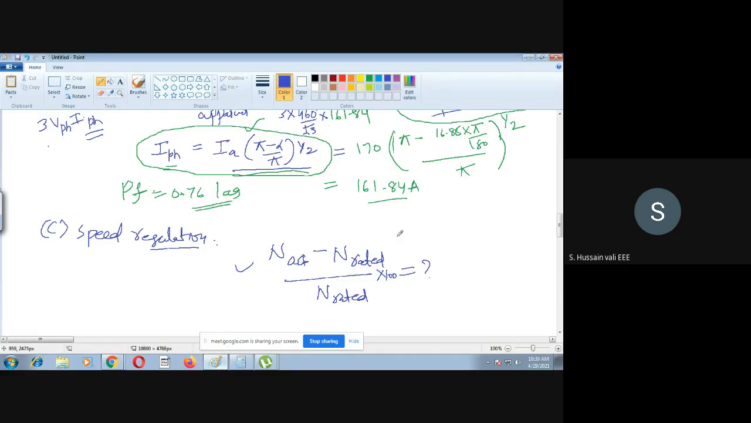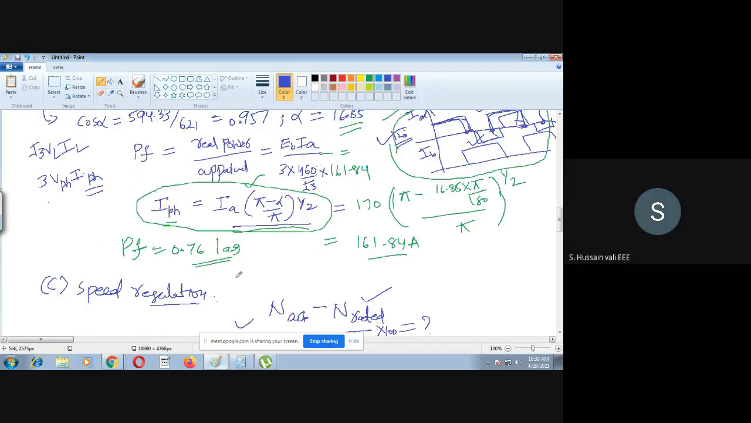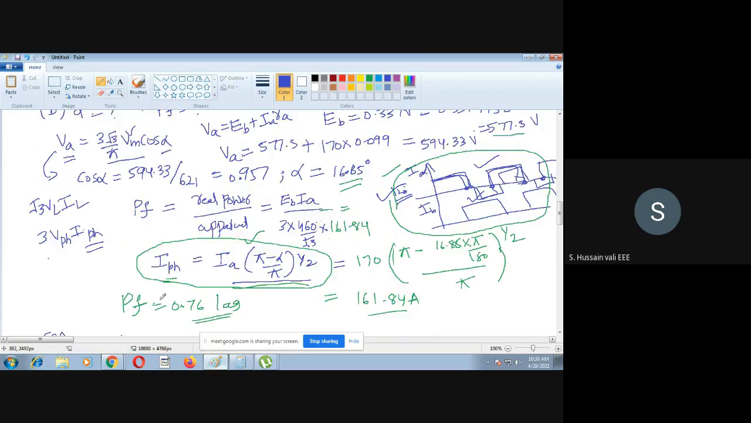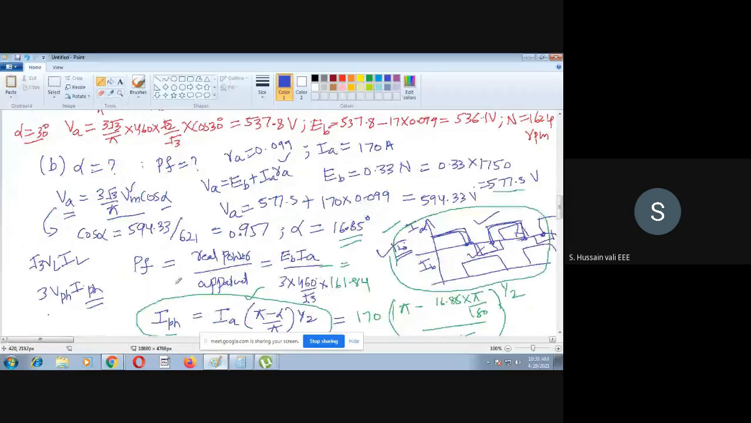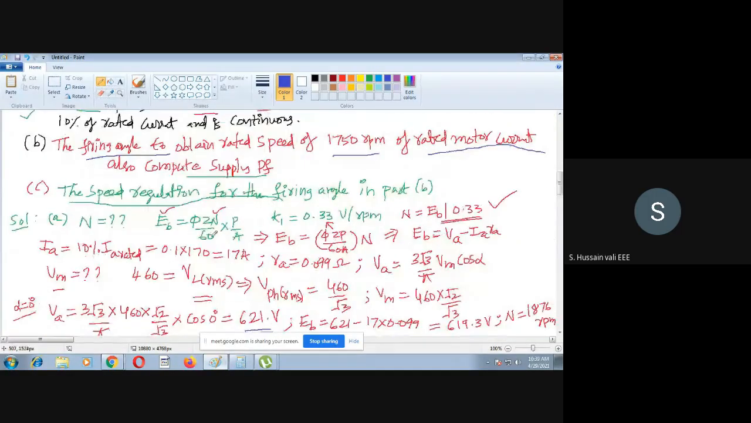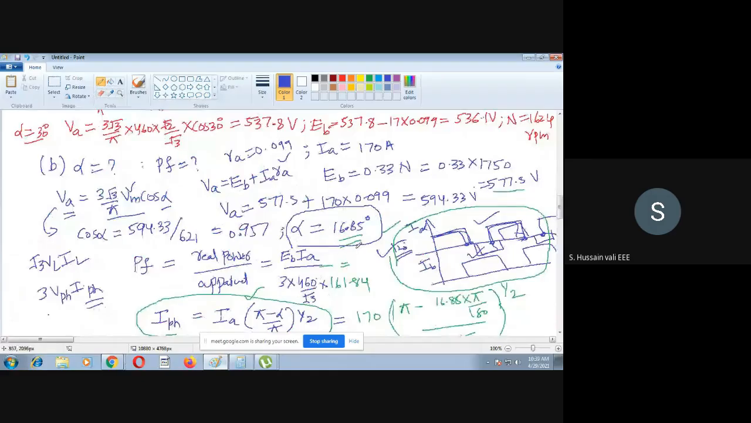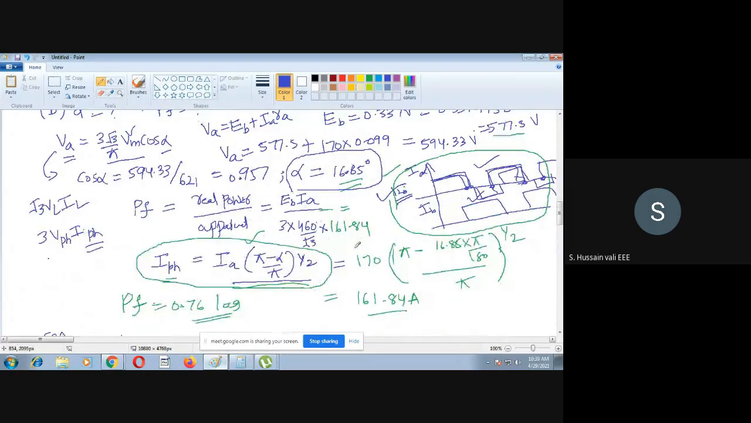You know very well the rated speed is, sorry, 1750. Rated speed is 1750. Then what we have to find out here is, what is the actual speed now? For this firing angle, what is the actual speed? Which firing angle? Alpha is equal to, because he said in the problem B. So in the problem B, what is the firing angle? We got 16.85. So for 16.85,